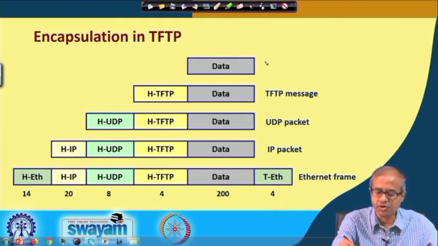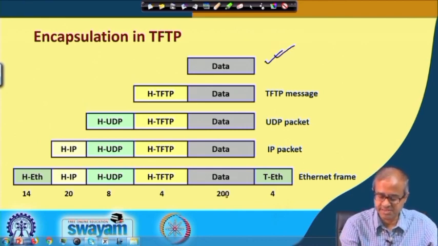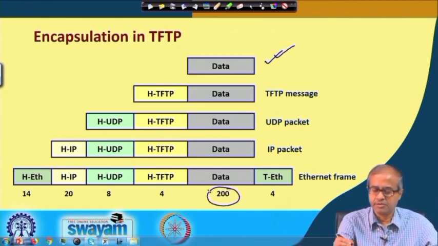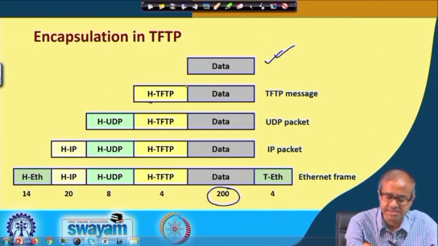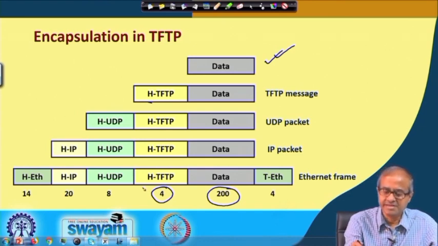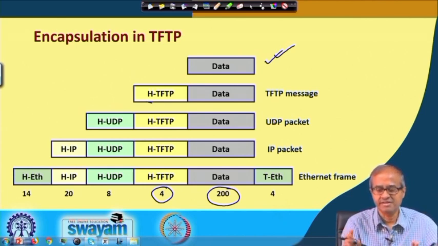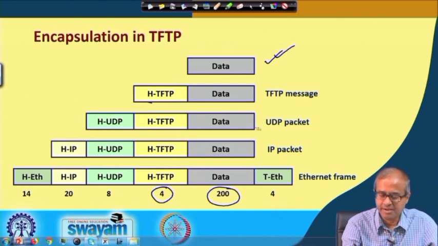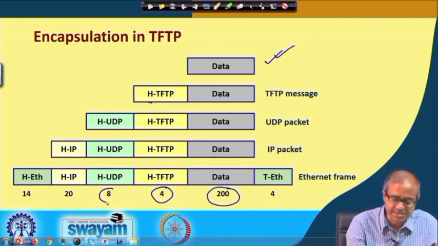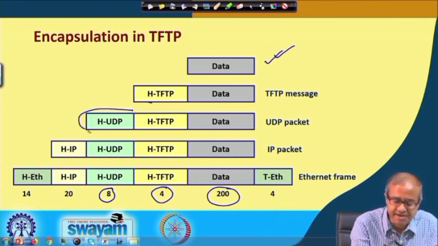This is the data which you want to send, this is 200 bytes. When it goes to the TFTP application, the TFTP application appends a header, this is a header of TFTP which is 4 bytes. This is the data which the TFTP application generates, it sends it down to the transport layer, to UDP. TFTP uses UDP, does not use TCP. That is why it comes to the UDP layer. Now, UDP header is 8 bytes, this we shall see later. So, at the UDP layer an 8-byte header gets added,